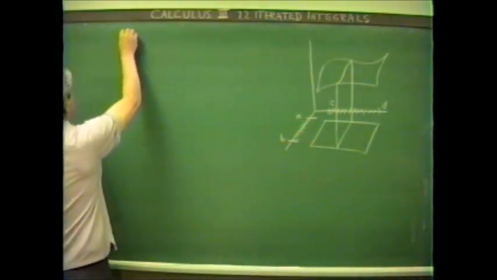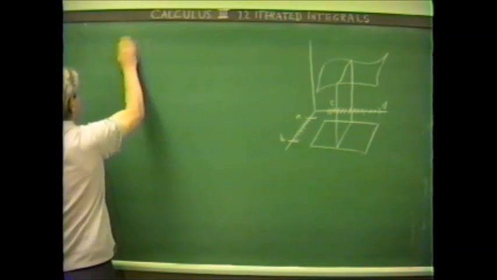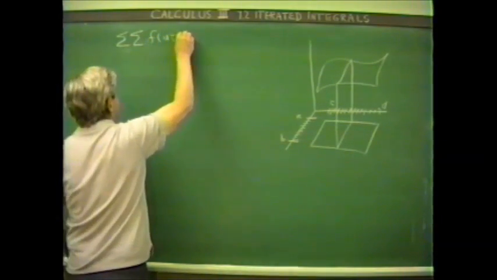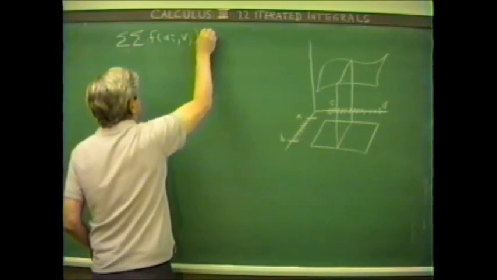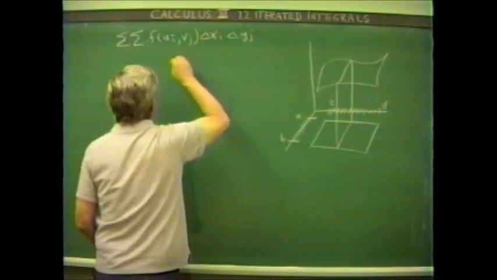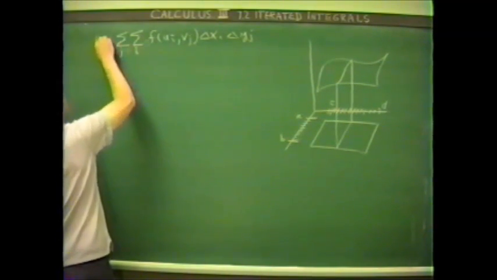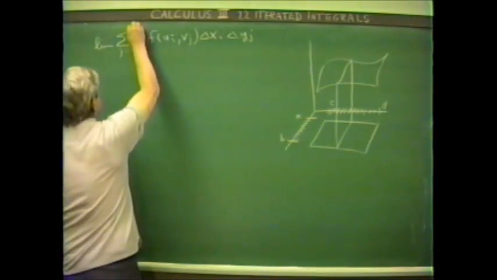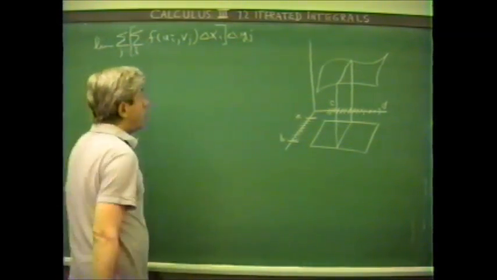Our integral is defined to be the double sum of f of u_i and v_j times delta x_i delta y_j, over i and then j, and then the limit as the norm of the partition goes to 0. Well, if we fix a particular y value, and look at this sum right here,